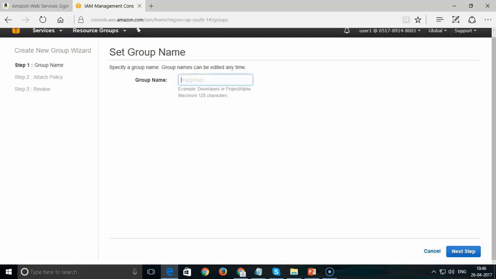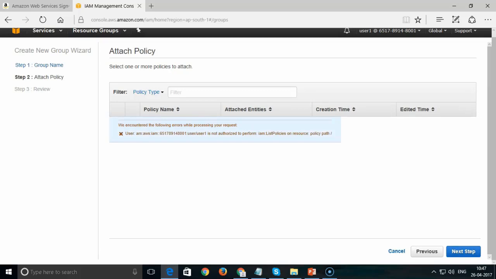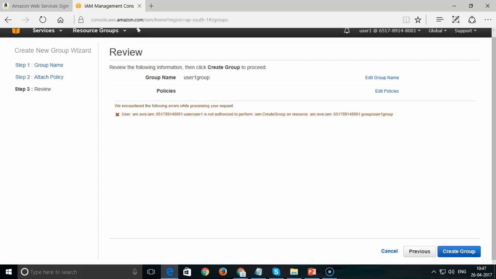And if I'm trying to create a group through user one group, and if I move ahead, you can see we encountered the following error for processing your request. Okay, next, create a group. So once we click on creating a group, it is not getting created and it's returning the same page. And you can see that this is a user which is not authorized to create a group on these